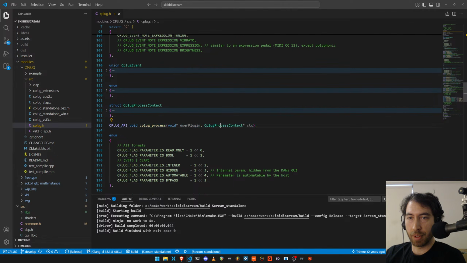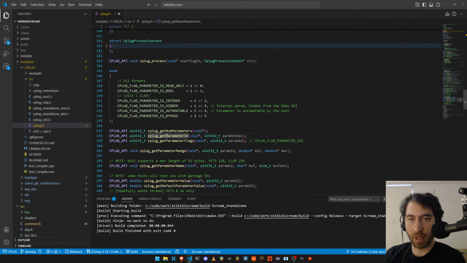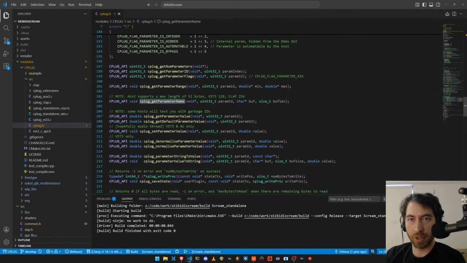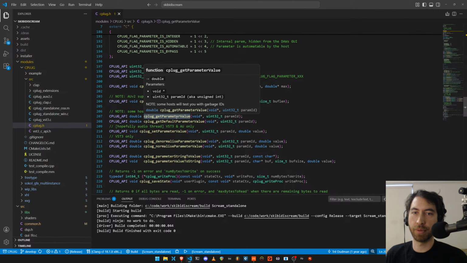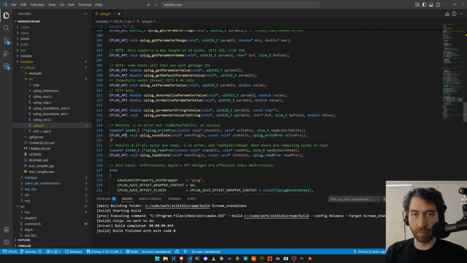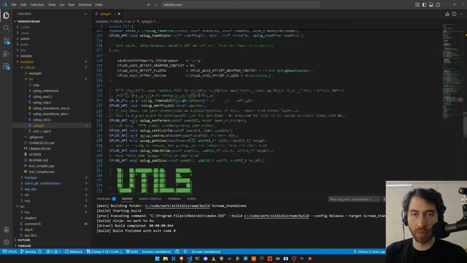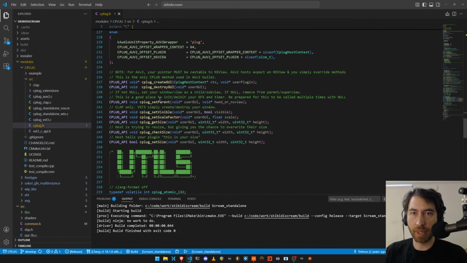It'll pass you some audio here. It's going to want to know a whole bunch of parameter information. If you've ever made a plugin before, you've filled in all of this boring data before. Load and save state. So when people save projects, you save your state and you load it with all of your parameter info and whatnot. Some GUI stuff. You want to be able to attach it to